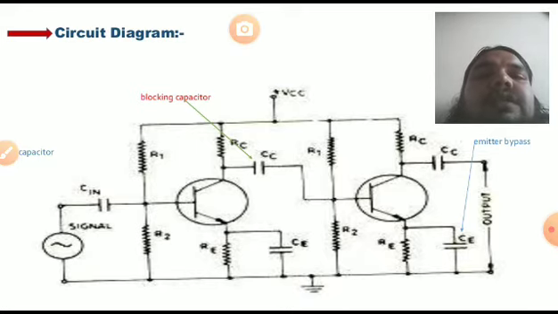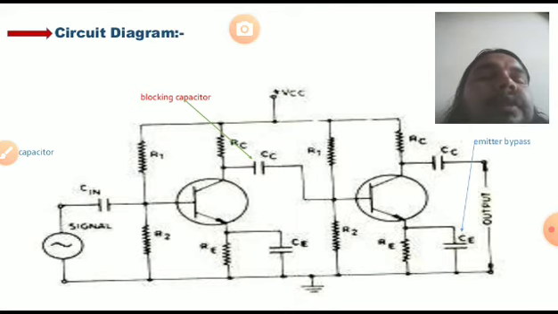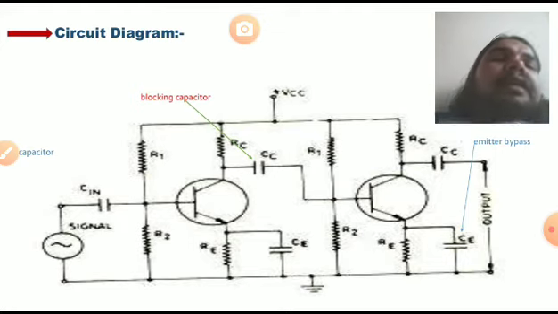Where Cin is the input capacitance, R1 and R2 are the base resistances, RE is the emitter resistance, and CE is the emitter capacitance. They are connected in series. RC is the collector resistance and a coupling capacitor gives the output. The output will be connected to the next stage input.